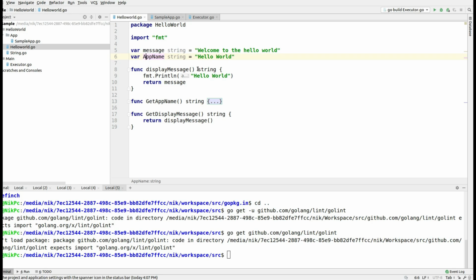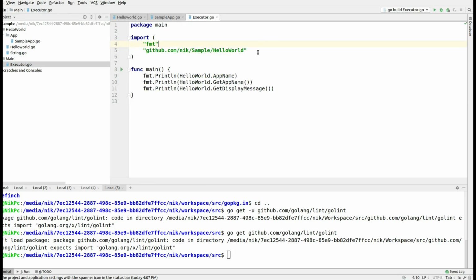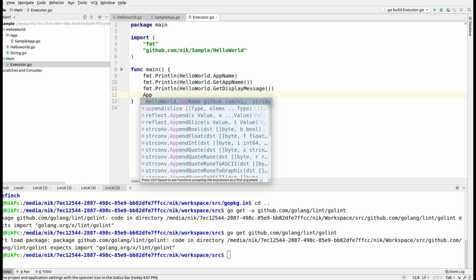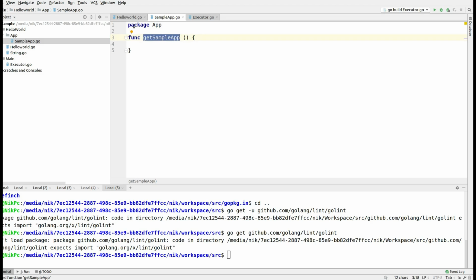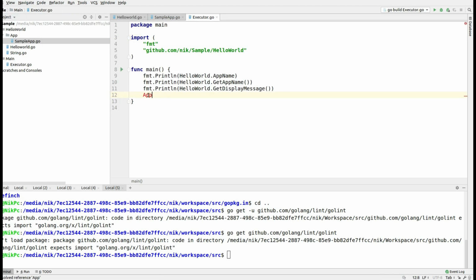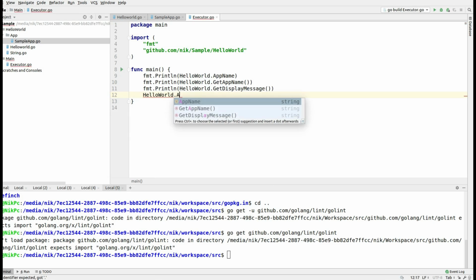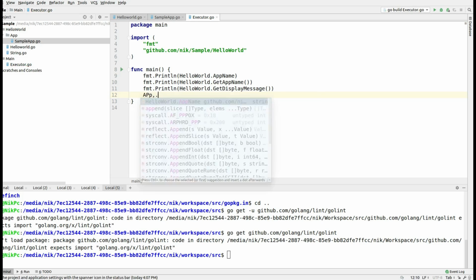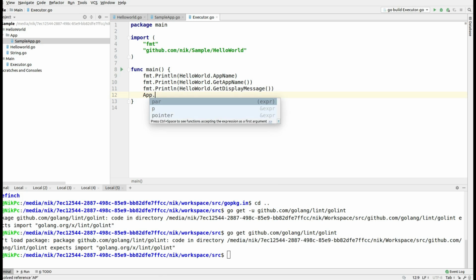It is pertaining to your access modifier, but at the same time, if you want to import it, you have to import the complete package name. So for example, let's say I want to call app, I want to call the sample app.go, so get sample app. In that case, I will have to start with the hello world dot app, and then from there I can have app dot